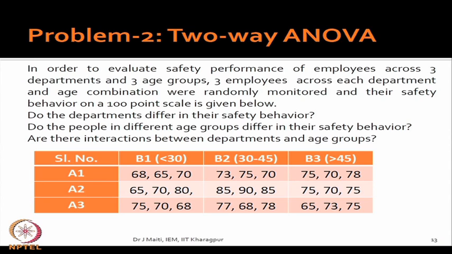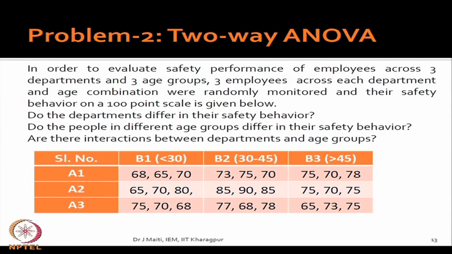Problem 2, two-way ANOVA. I think last class we discussed MANOVA, but before MANOVA I gave you some idea that when two factors are governing the behavior of the system, whether independent factors or dependent factors, depending on the nature of the relationship between the factors, you may find that the behavior of the system will be different. Now, here is the same example, but the data are hypothetical data.